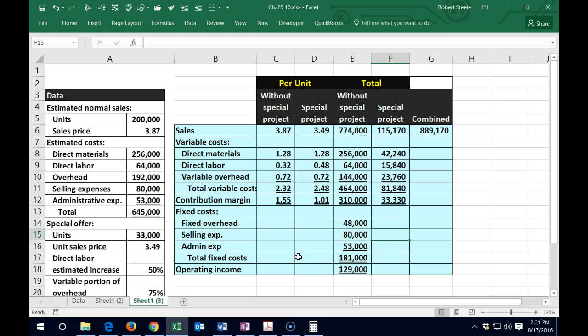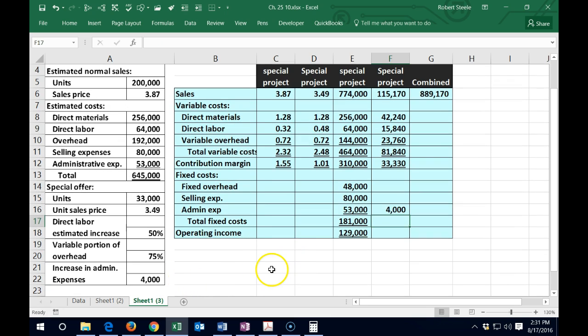And we're going to say the 40, that's the same, and then we're going to add another 4,000 for the admin. We said admin's going to cost us another 4,000 on the fixed cost side. So I'm going to go ahead and sum these up. So we're going to say equals the sum of course, just that 4,000, but I'll sum up the whole column anyways. And then the operating income for the added cost would be the 33,330 minus the added 4,000 of fixed costs, means that we'll have operating income of the 29,330 added to that.